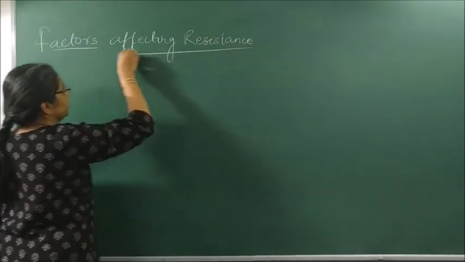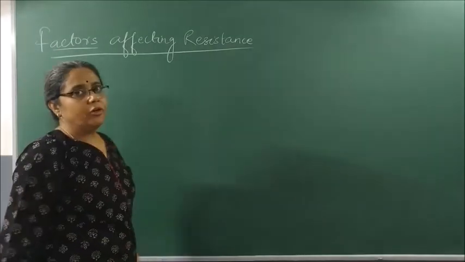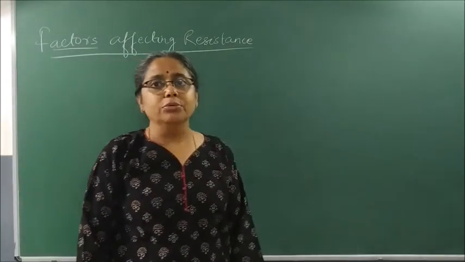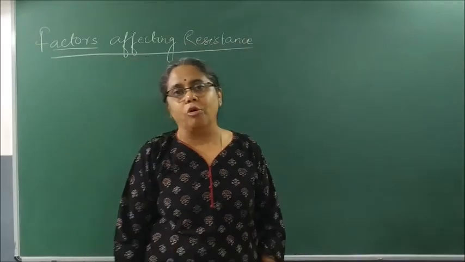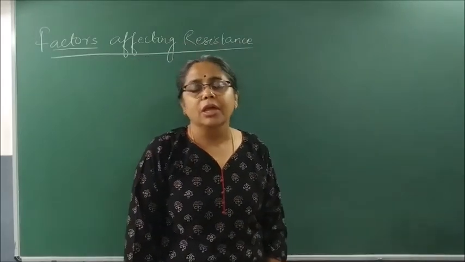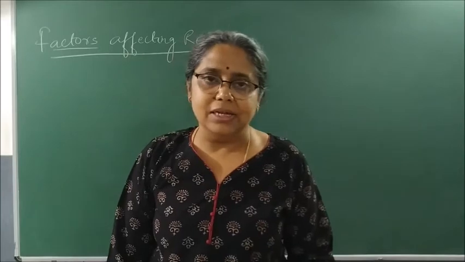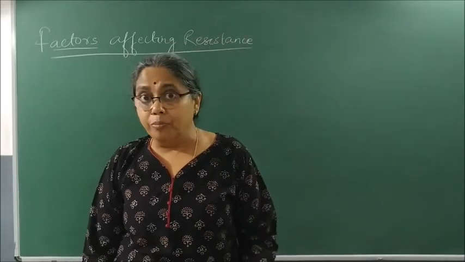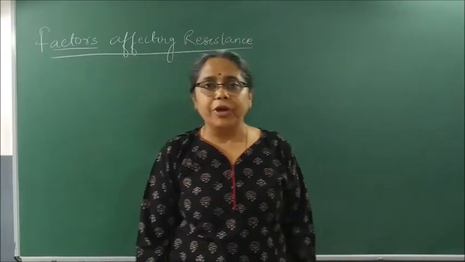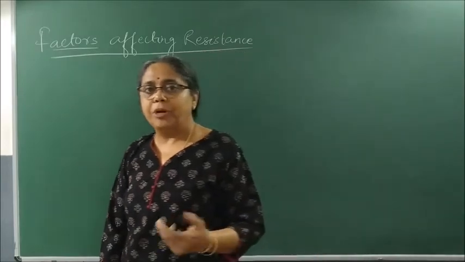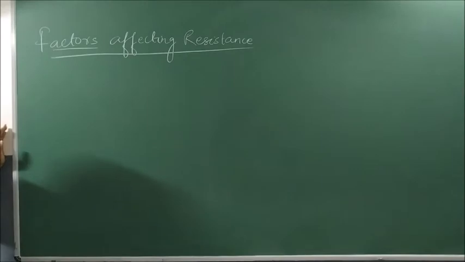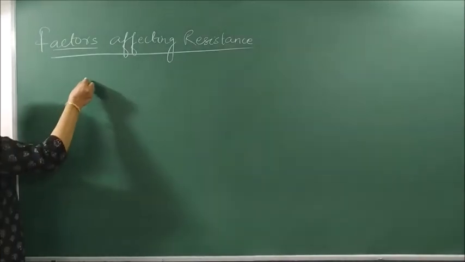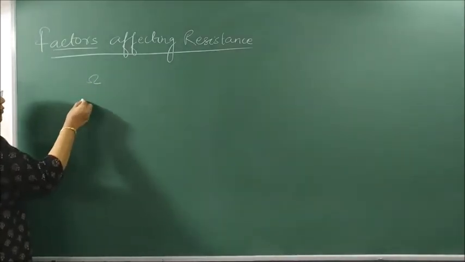We know what is resistance of the conductor. It is the property of the conductor to resist the flow of electrons, or to obstruct the flow of electrons. Conductors have less resistance and insulators have more resistance. How do you define resistance? That is the property of a substance to oppose or to resist the flow of electrons. The SI unit of resistance is ohm. How do you define 1 ohm?